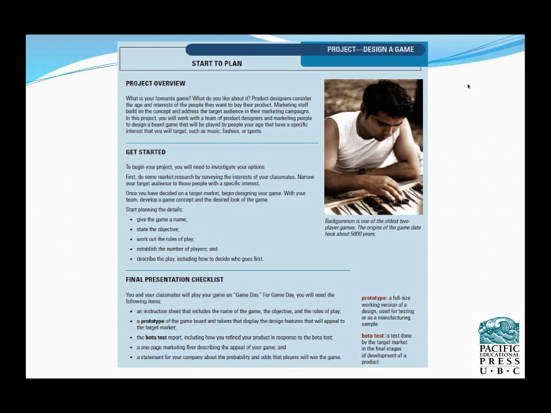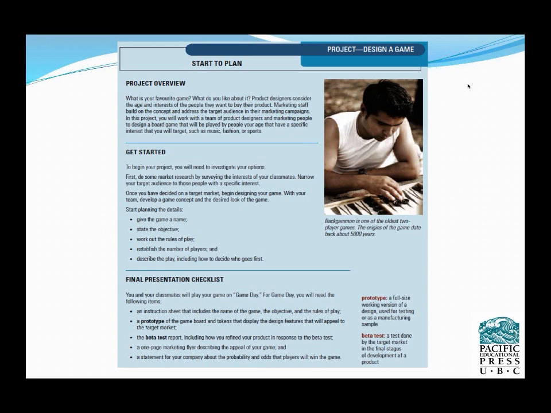So these are broken down in the student resource throughout the chapter, so you'll see an overview like this and a checklist, and then that getting started step. This one's about designing a board game, so a group of about 4 or 5 students would work well. You have to not only develop the game, but also work a bit on marketing it specifically. So after this gets started, it's just sort of